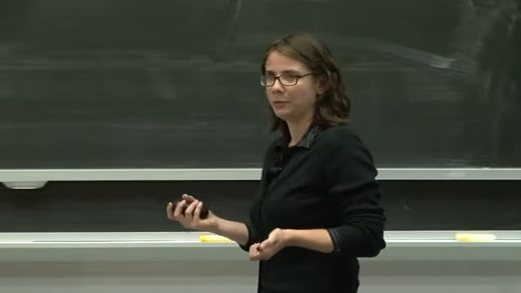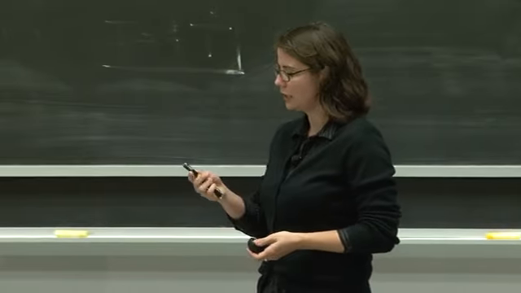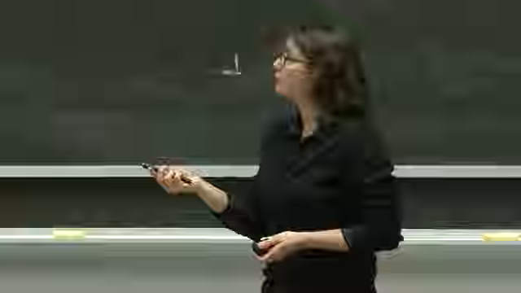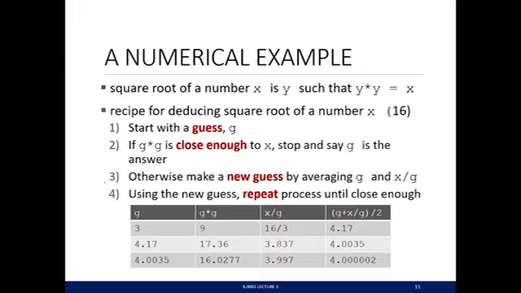Imperative knowledge, so computers don't know what to do with that statement, right? But computers do know how to follow a recipe. So here's a well-known algorithm to find the square root of a number, x. Let's say x is originally 16. If a computer follows this algorithm, it's going to start with a guess g, let's say 3. We're trying to find the square root of 16. We're going to calculate g times g, which is 9, right?